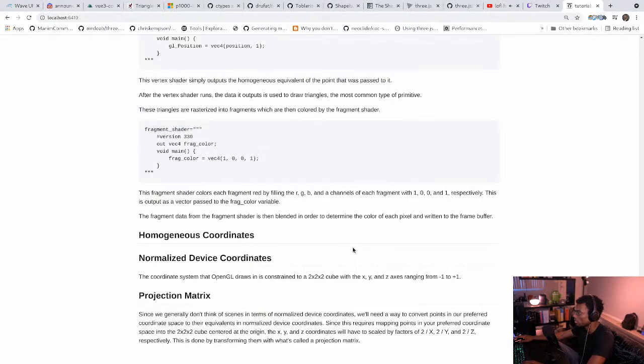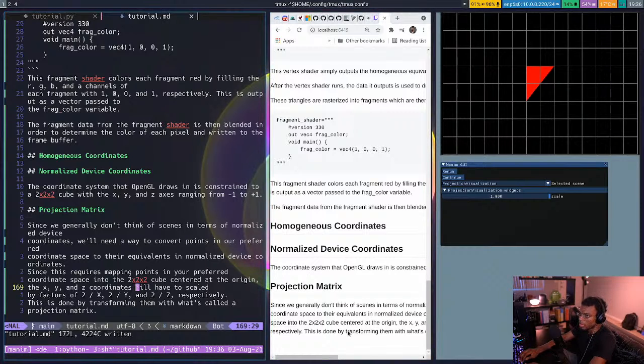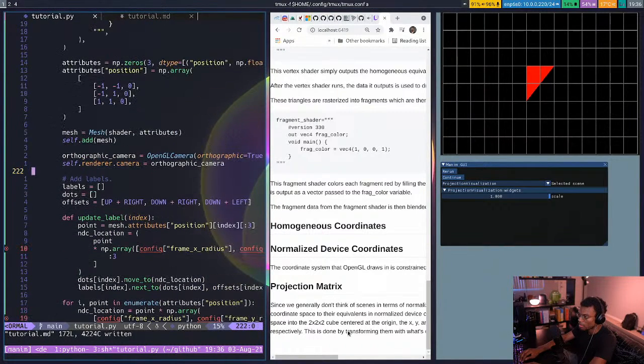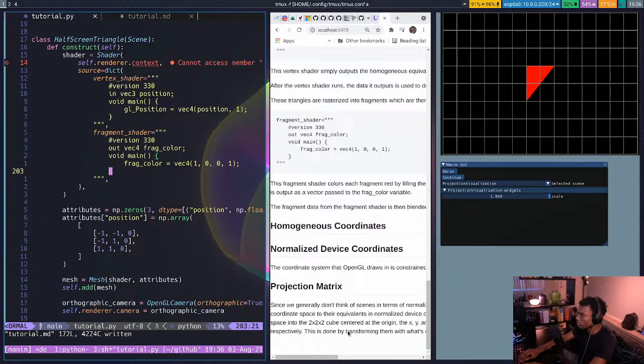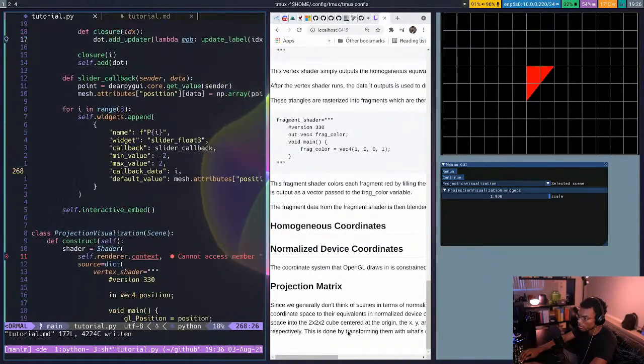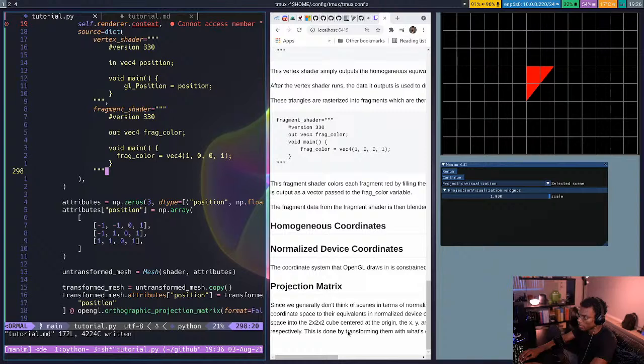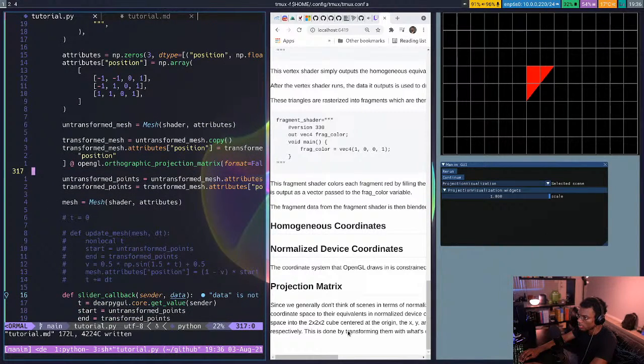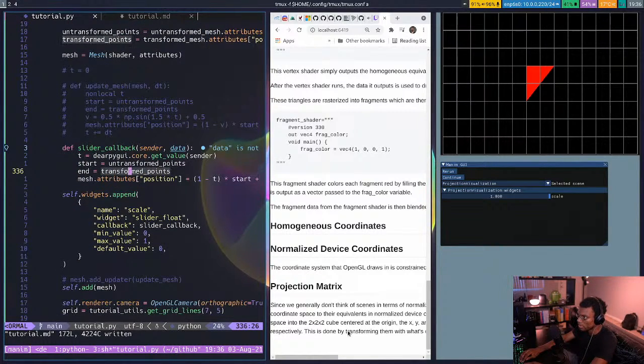Let me see what this looks like. Now this sounds a lot more like it's something that should be done with a matrix. Although there isn't a linear combination here. That's true. But this would be a good place to say that since the Manim coordinate space is like 14 by 8 or whatever, we'd want to use a matrix that has 14 and 8 written into it.